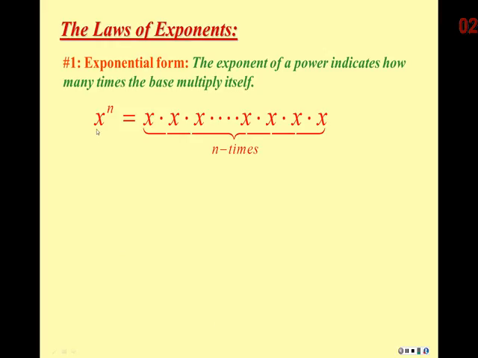So, if I have some base, which is x, and the exponent is n, I'm going to write x down as many times as n is, and then multiply it. So, in our example, we had a base of 5 with an exponent of 3. That means I'm going to take 5 three times, and it's going to be multiplied by itself 3 times. 5 times 5 times 5. Do not let your brain do